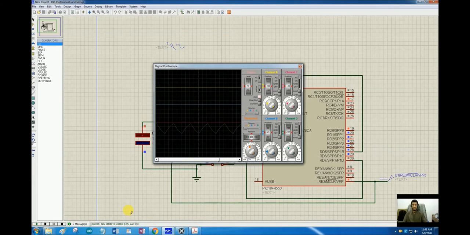What is the advantage of using a sine wave over a square wave or a triangular wave in our inverter applications? A square wave has almost all the frequencies inside it. So if we draw a frequency spectrum of a square wave, there are hundreds and thousands of frequencies inside that square wave, and all those frequencies are being fed to our appliances, but our appliances are designed to work at a single frequency, that is 50 Hertz or 60 Hertz.